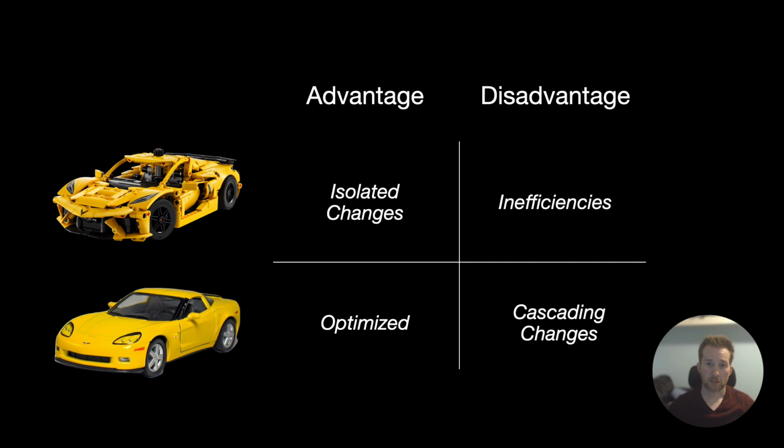To make matters worse, the low coupling also introduces overhead inefficiencies. Each connection point requires communication overhead. There's a cost to going through each of the gaps. You see this in software with service-oriented architectures where between each service you need to do all these things. You need to serialize and deserialize the data, send it over a network, do some translation when formats are different. The more gaps you have, the more potential slow spots you have. One more thing to consider when you're deciding if you want to go with low coupling.